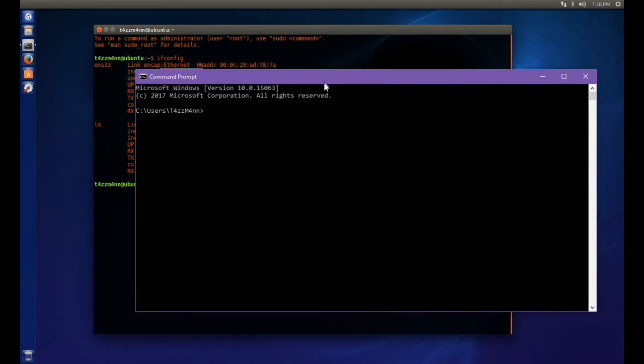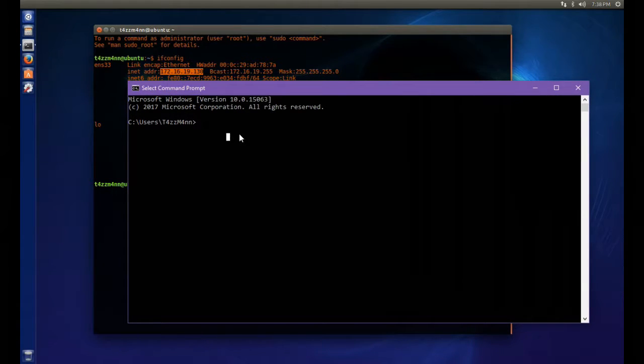Now we don't have a web browser on here or anything, so I'm just going to pull up a command prompt, and we're going to ping that to make sure my local actual system that's running Windows 10 can ping my new server. Because if we want to be able to access the web page and stuff from our own machine or machines on our local area network, we want this. So we're going to do ping